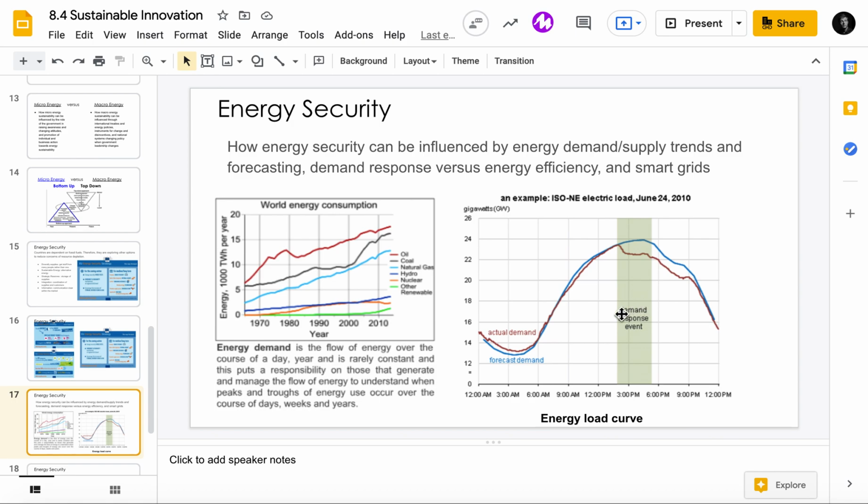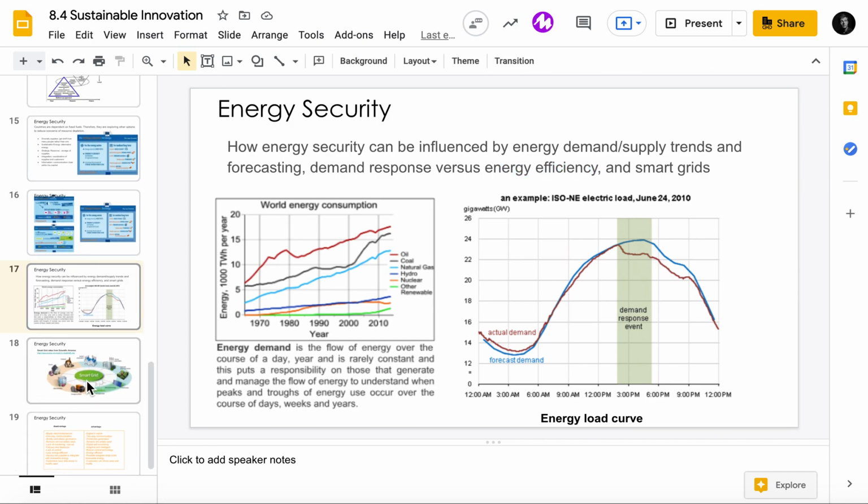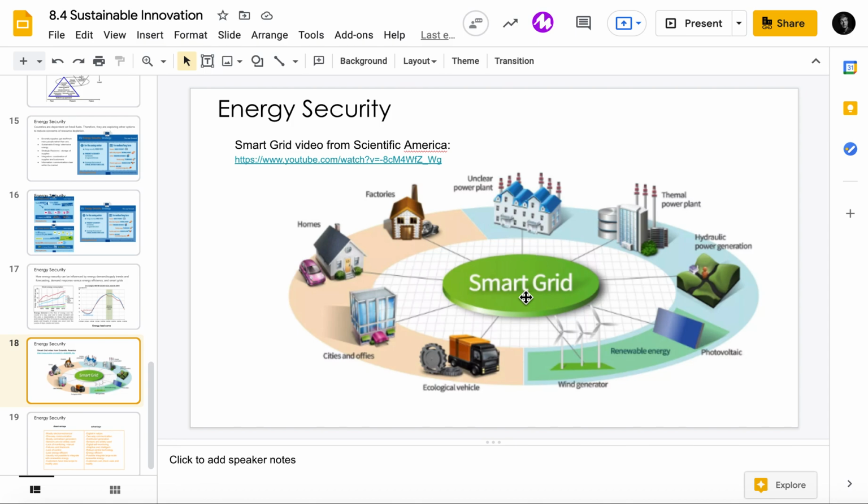So because of that, what they can do is reduce the amount of output in power factories or power plants, so that they know, okay, we don't need that much, we can turn things down, but during the middle of the day we can turn things up. So that can make things more efficient, and they can respond to those different demands. Along the same lines, smart grids work like that. So smart grids use technology or artificial intelligence to make changes and adapt based on where the energy is being pulled from and at what times.